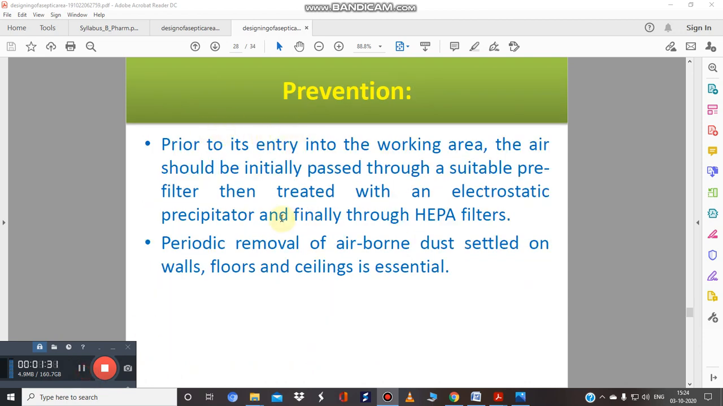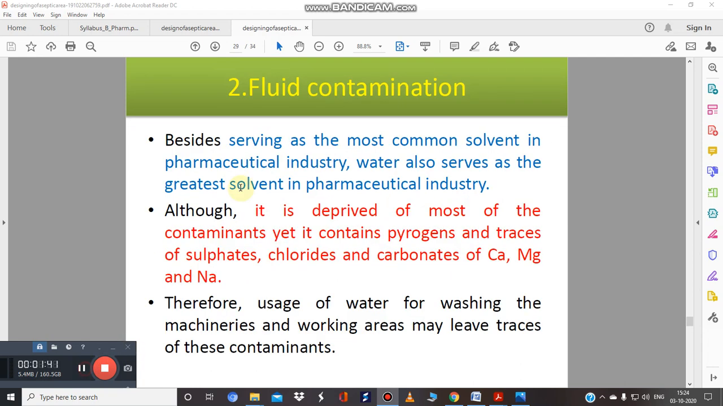And how to prevent it, we have already covered in the previous part. There are different types of methods for prevention, particularly for the air, we use HEPA filters. So the next type of contamination is fluid contamination, and we use different types of solvents. We know we use water in the industry,